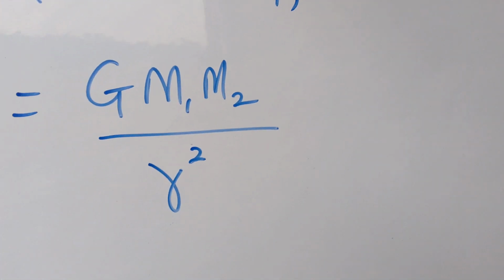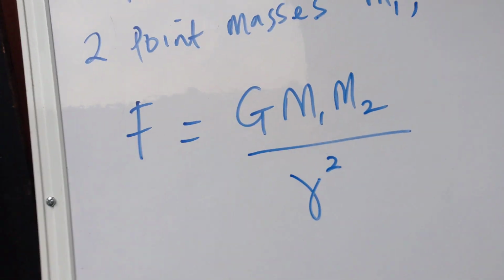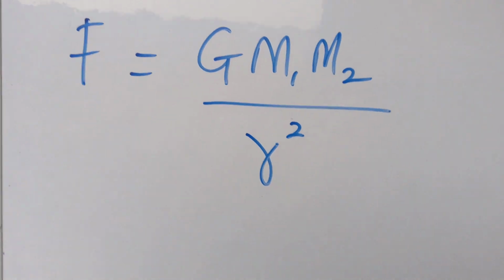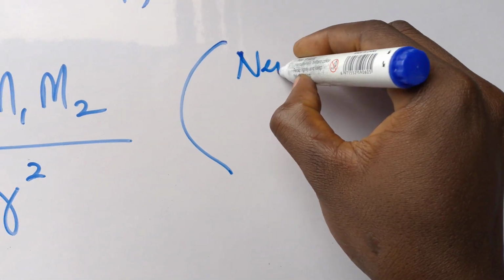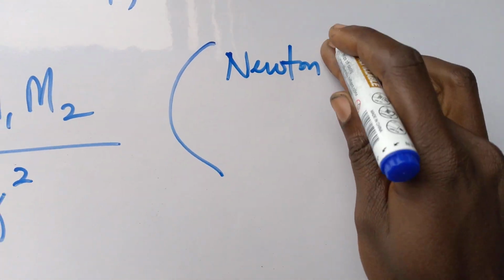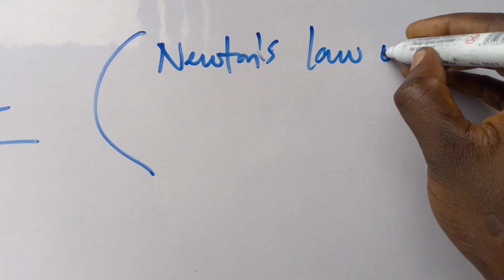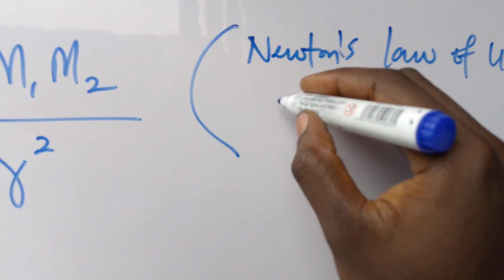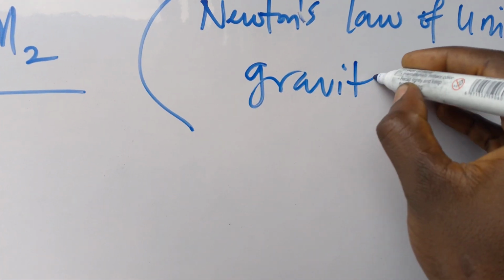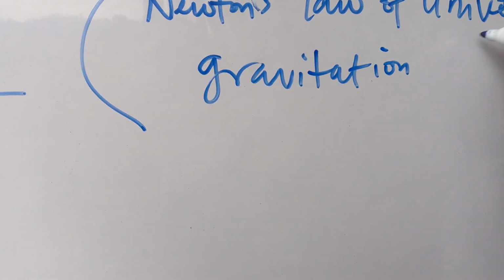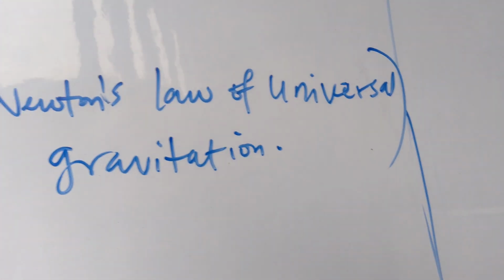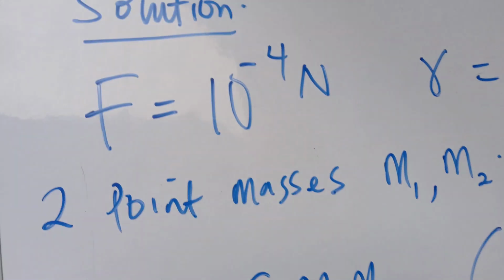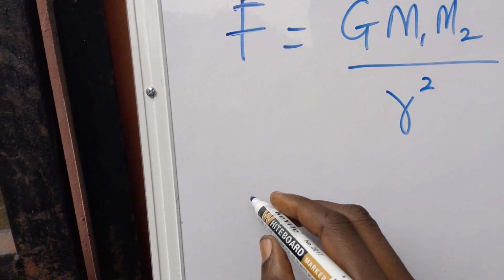Alright, okay, G M1 M2 over R square. Now the value of force here is 10. We are making use of Newton's law of universal gravitation. Don't forget that. This is Newton's law of universal gravitation, and then we have the value of F as 10 raised to power minus 4. So this is 10 raised to power minus 4